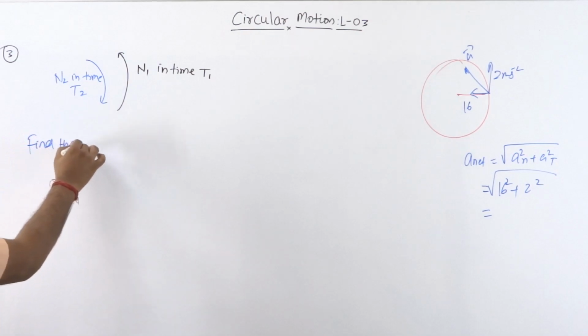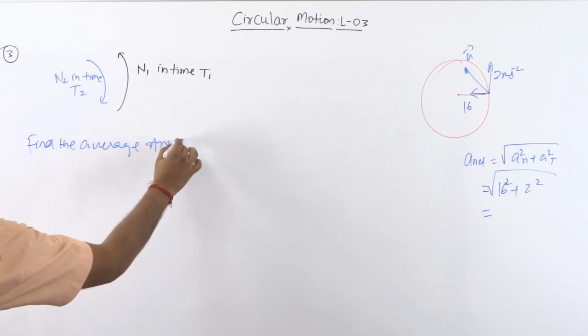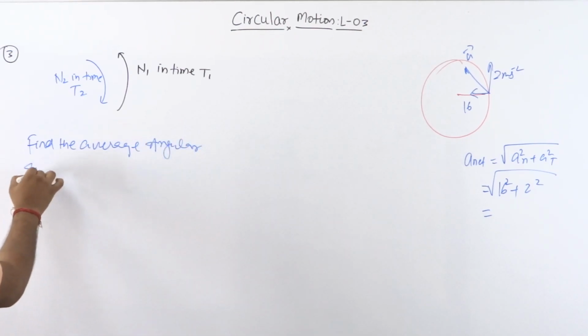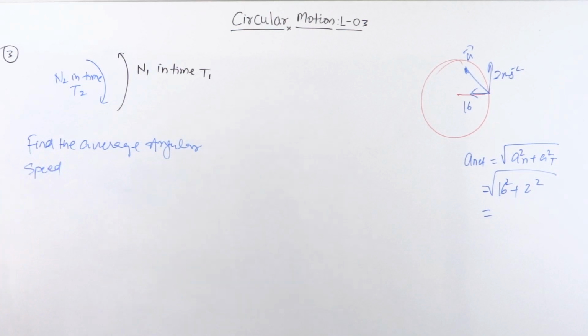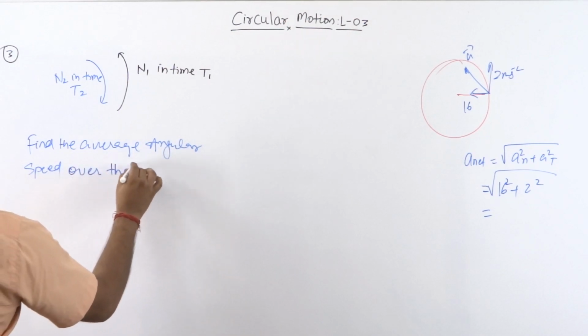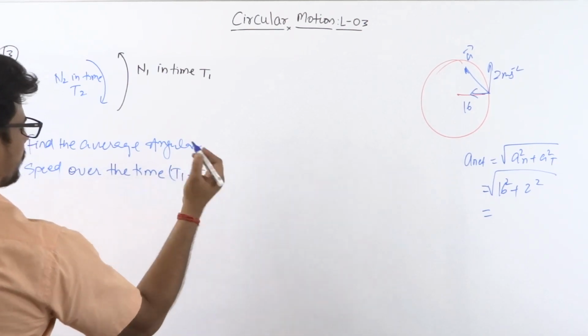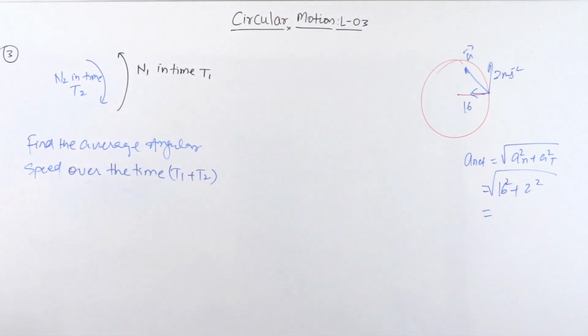Your question is, find the average angular speed over the time t1 plus t2. Over the time, where is my blue marker? Just a second. Okay, here we have speed. This is good. Over the time t1 plus t2. चलो इसको आप लोग ट्राई करो।